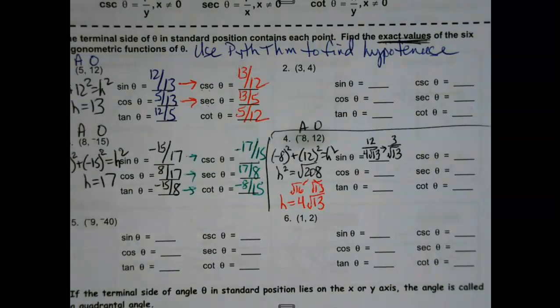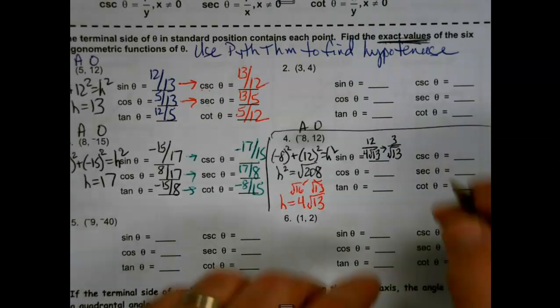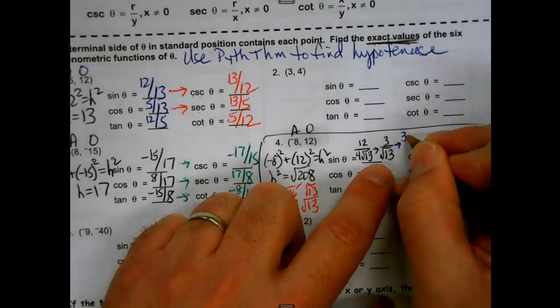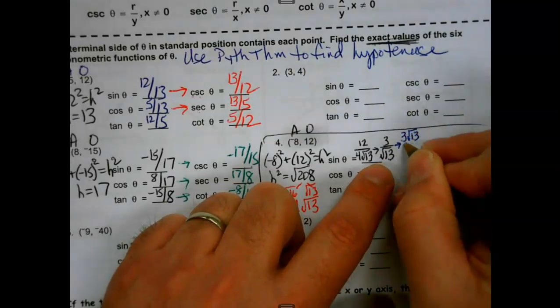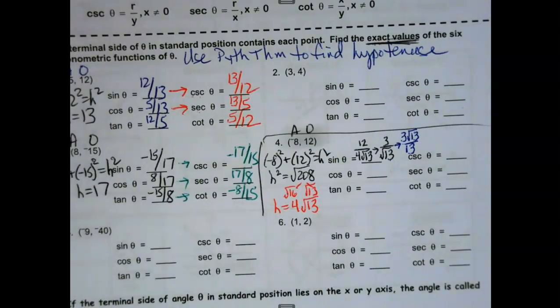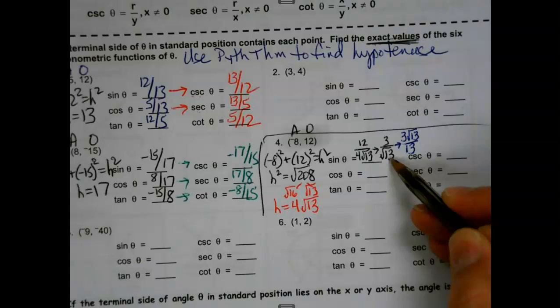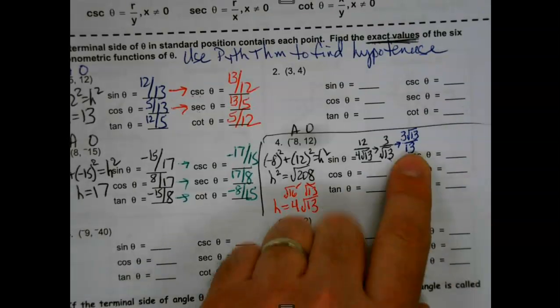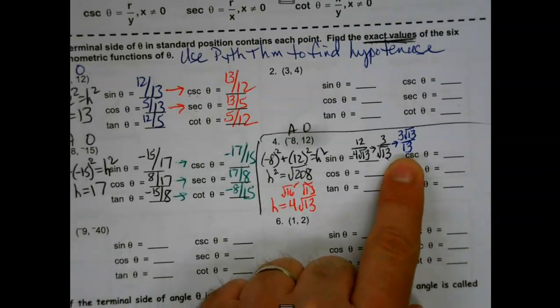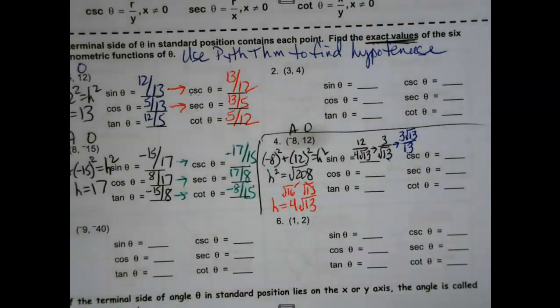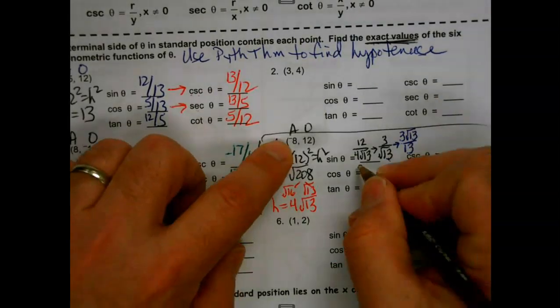And then our shortcut to simplifying so you don't have to write out the whole rationalization, remember, is move the radical to the top and lose the radical in the denominator. So the square root of 13 to the numerator, just lose the radical. That's your simplified version of your sine. And so once you see that on the first one, it shouldn't be bad on the others. So like here,